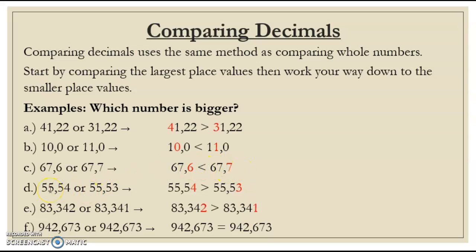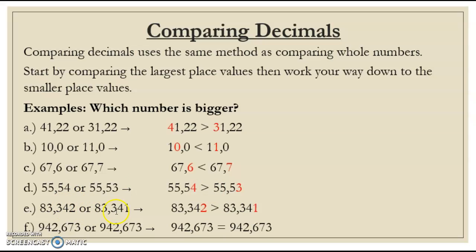Question D, 55,54 or 55,53. The tens, the units, and the tenths are all exactly the same, but the hundredths are different in this number. So 4 is greater than 3, therefore 55,54 will be greater. Question E,